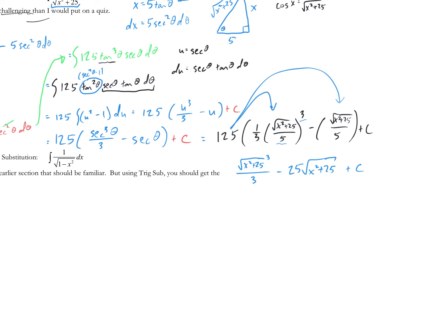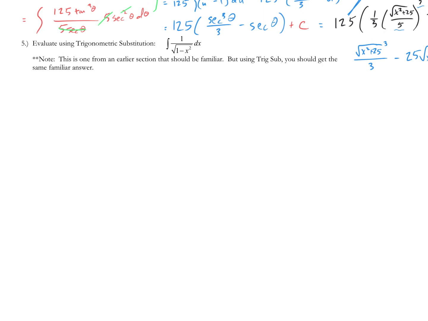Okay, that was pretty involved, but hopefully you could follow along or rewind the video, watch a couple of the steps again, and see if you can figure out where they came from. All right, now we have our last one. This one is actually not as terrible as that previous problem, but it should be familiar. If you recall from earlier in the semester, this antiderivative is inverse sine of x. We got it using a specific process. We derived where that formula came from, but now we're going to show that we actually get the same result